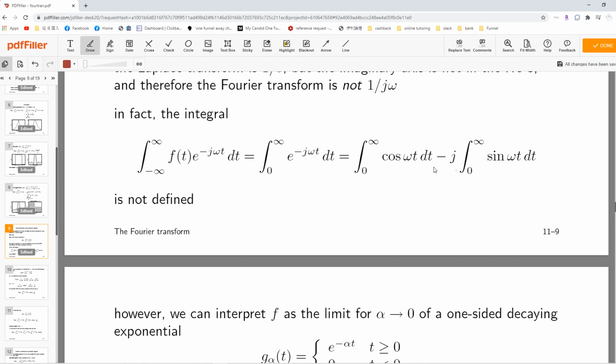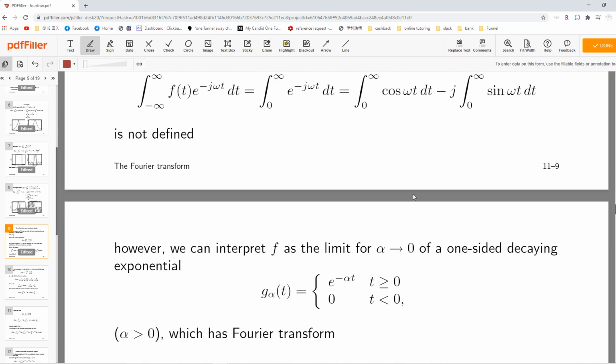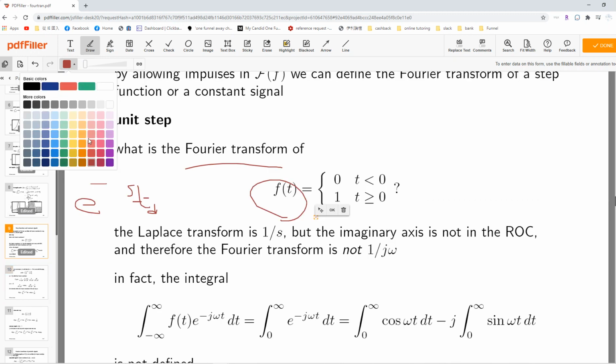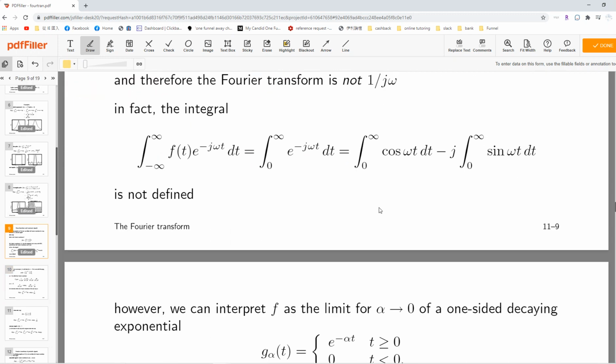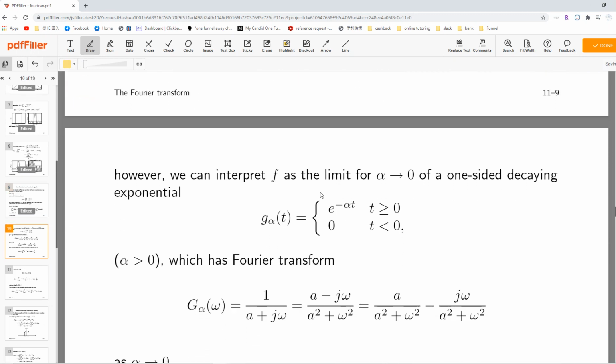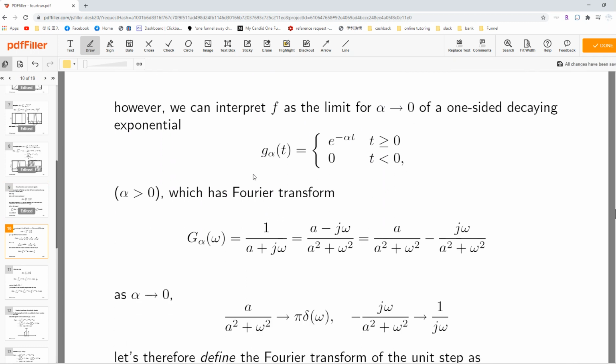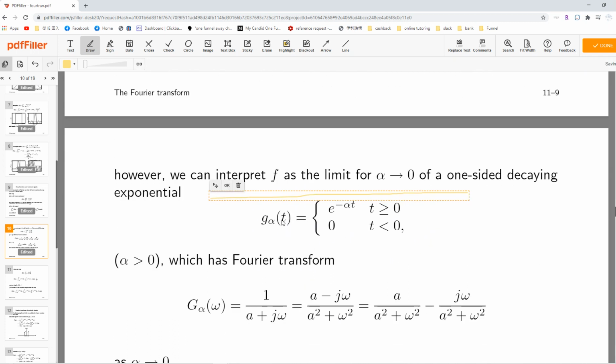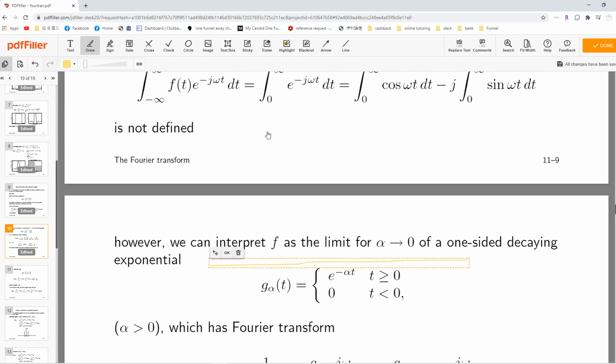Because if you write it like this, okay. So now the problem is that we are trying to use a trick. There's a very difficult technique called the generalized function theory about this, but I will not tell you. But basically, we can interpret f as a limit when alpha goes to 0. So basically, you just take this g alpha, right? So you can see this g alpha will approach our constant function f of t,